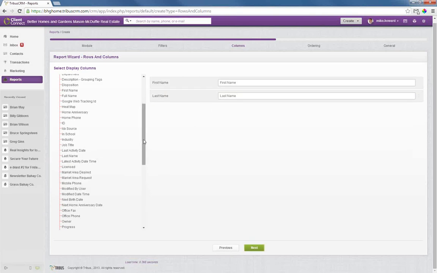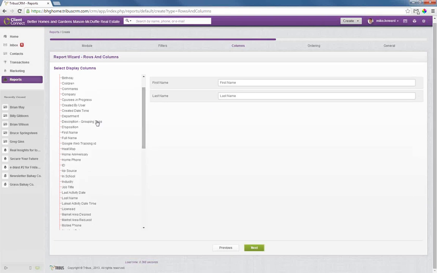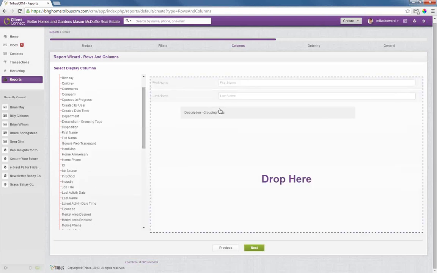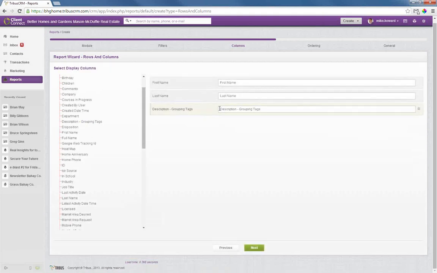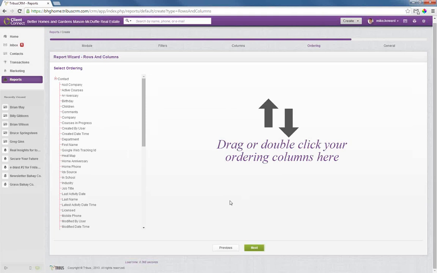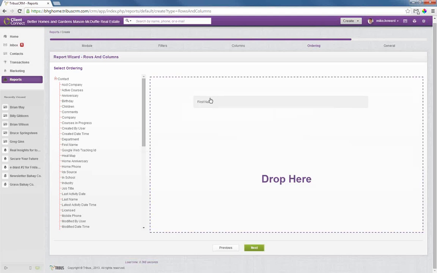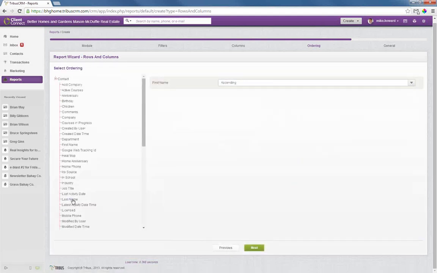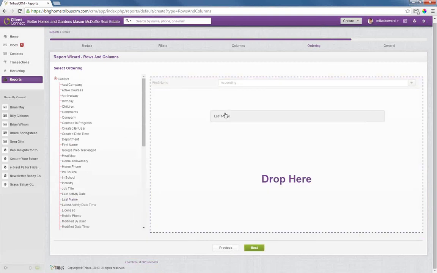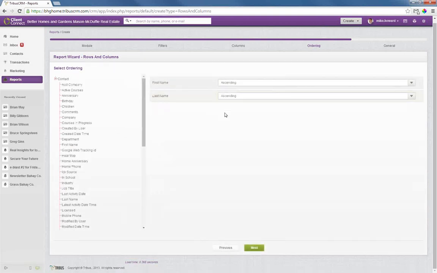But just so we can see what our results look like, I'm going to say show me the first name, show me the last name, and show me the description grouping tags value. No more selections are really necessary, so I'm going to click on Next. The system wants to know what order you want that information to be displayed in, which I don't think is critical. But just to make it happy, I'm going to drag in first name and last name, which is good enough. Click Next down below